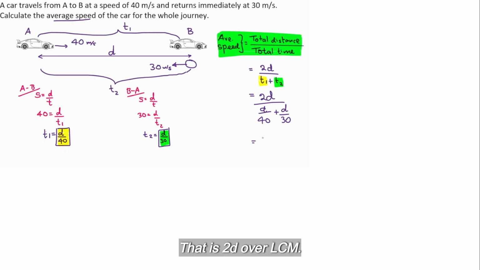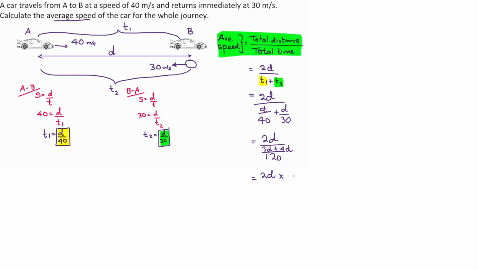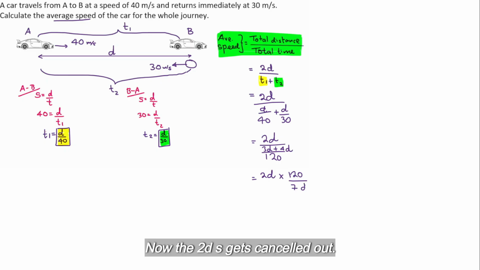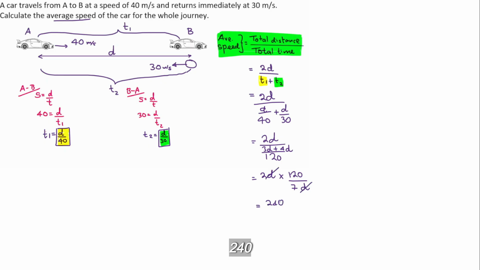That is 2d over the LCM, 120. 120 divided by 40 is 3, so that will be 3d, add 4d. That will be 2d times 120 over 3d add 4d, which gives you 7d. Now the d's get cancelled out. The answer is 240 divided by 7, which is